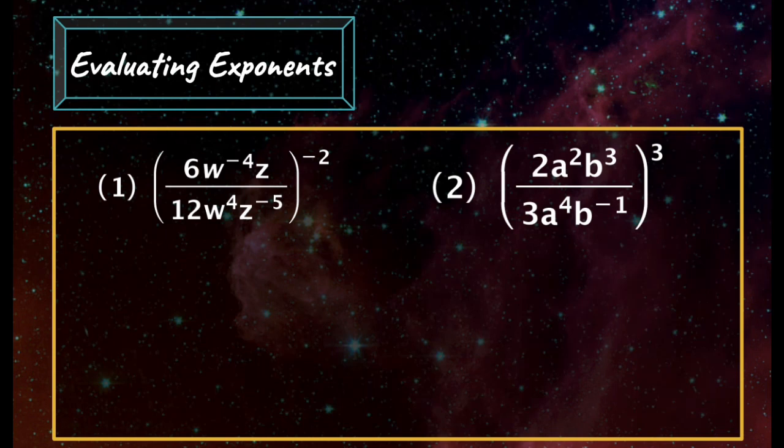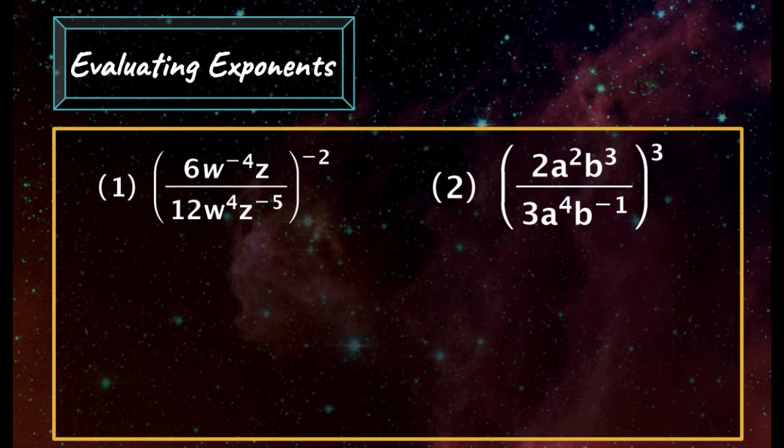Here we have the two hard evaluating exponent questions. For number 1, we have 6 times w to the power of negative 4 times z divided by 12 times w to the power of 4 times z to the power of negative 5, all raised to the power of negative 2. At the end of the day, there's more than one way to solve these types of questions, so the path that I choose is not the one and only path,